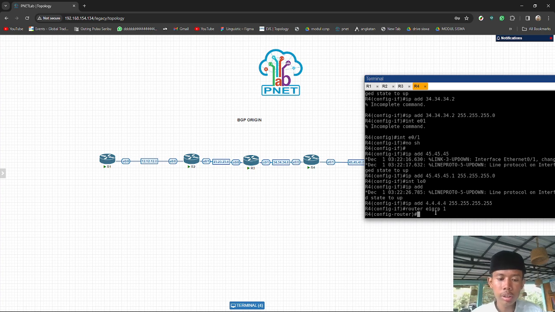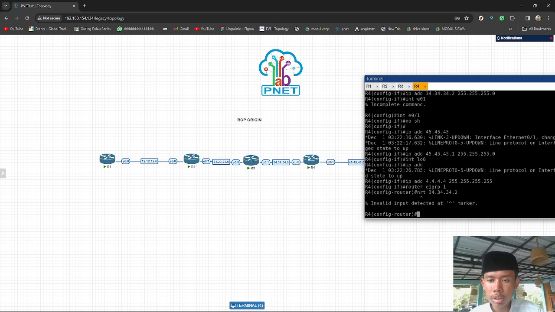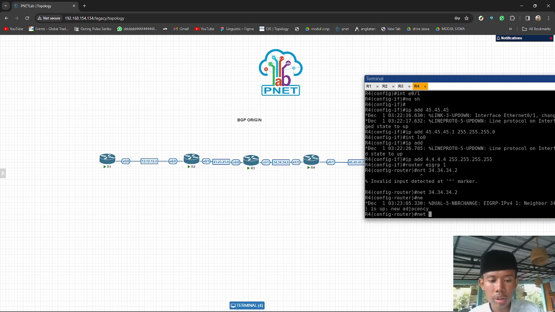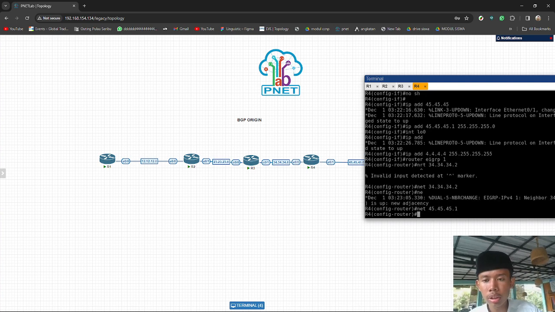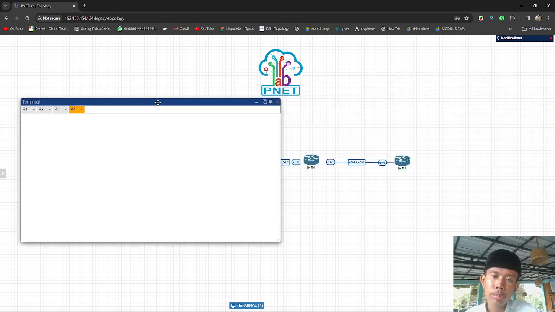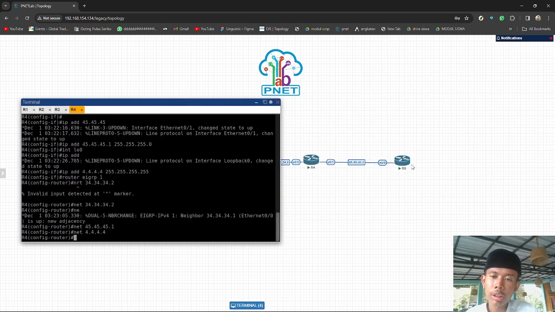Router EIGRP, network 34.34.34.2, network 45.45.45.1, network 4.4.4.4. Okay, after that let's move to the last router, the fifth router.